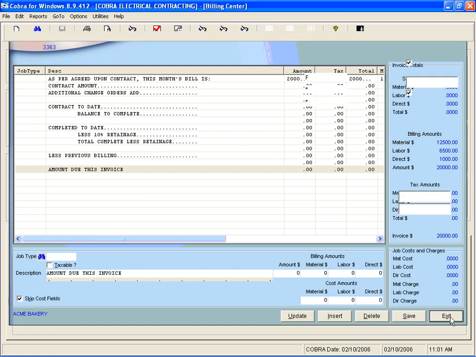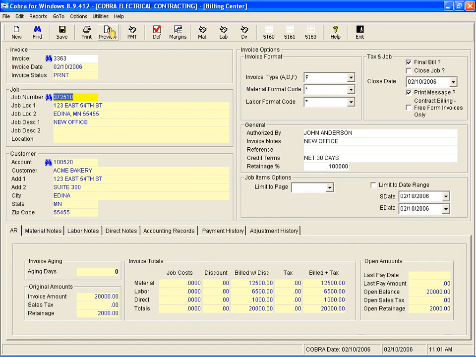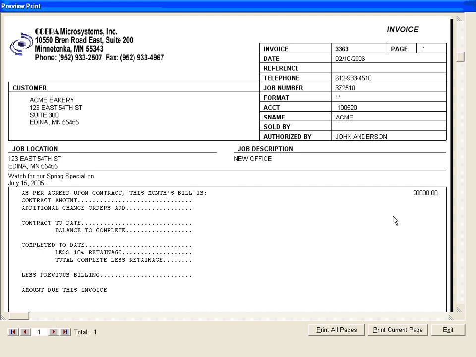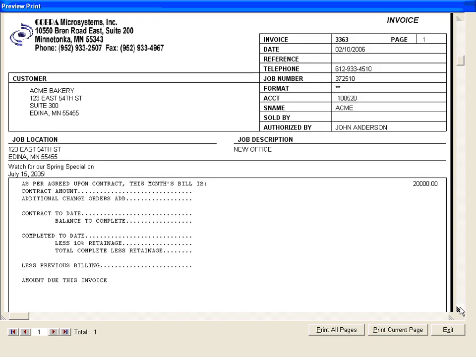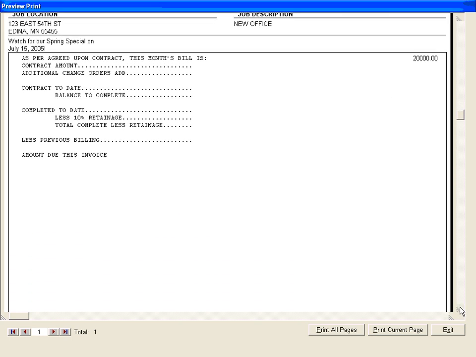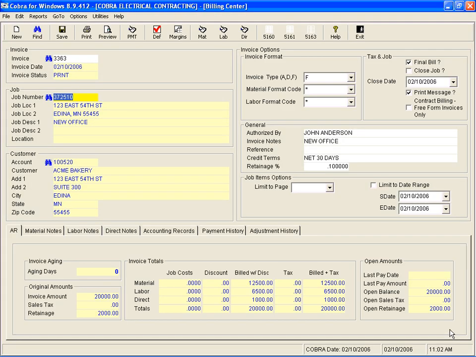When I exit out, I can preview the invoice, what it's going to look like. Now keep in mind I have a very wide screen here, so there's a lot of kind of dead space here, but when it prints out it's a lot closer together. Excellent. I'll exit out of that. And because the job was set up with retainage,